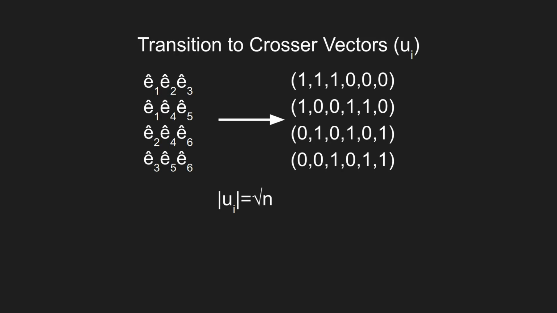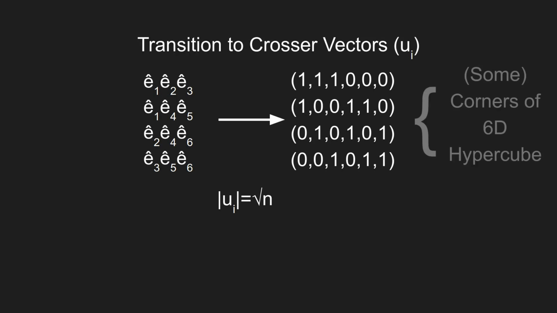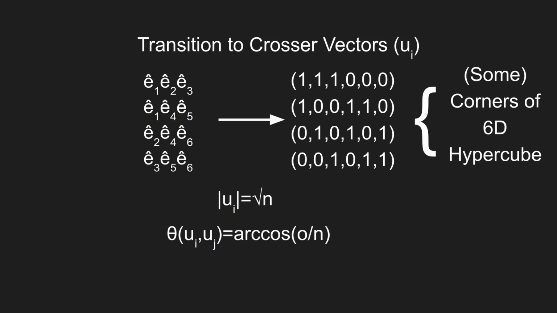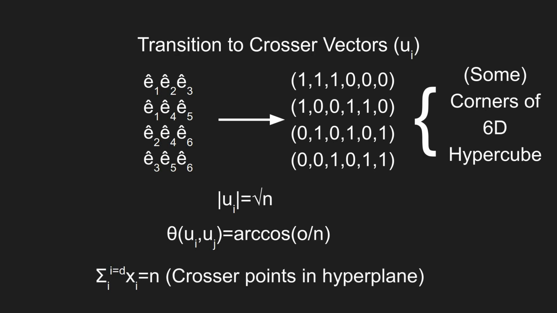Secondly, they all point to the corners of a 6D unit hypercube living entirely in the 6D analogy of the first quadrant, or octant. Thirdly, the angle between any two crosser vectors is the arc cosine of o over n, using the well-known formula of calculating angles between vectors. Links in the description. Fourth, the sum over all the entries of each crosser vector is n, meaning that they